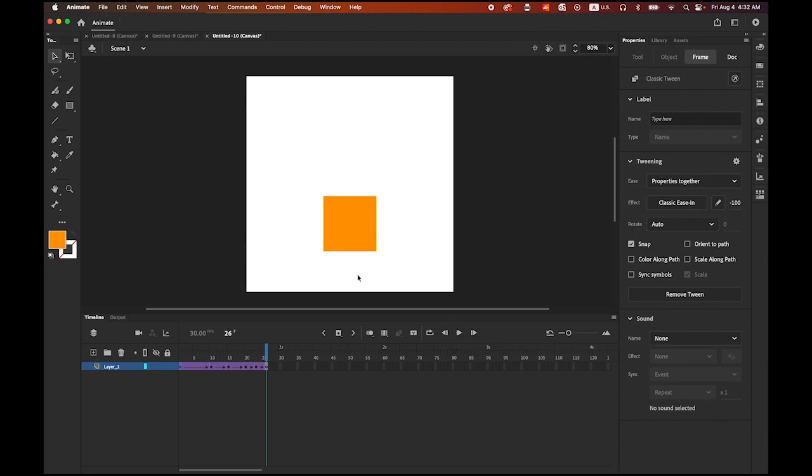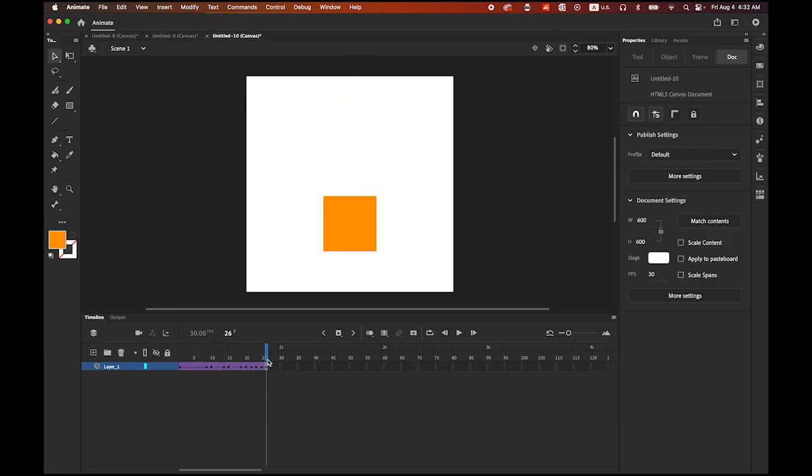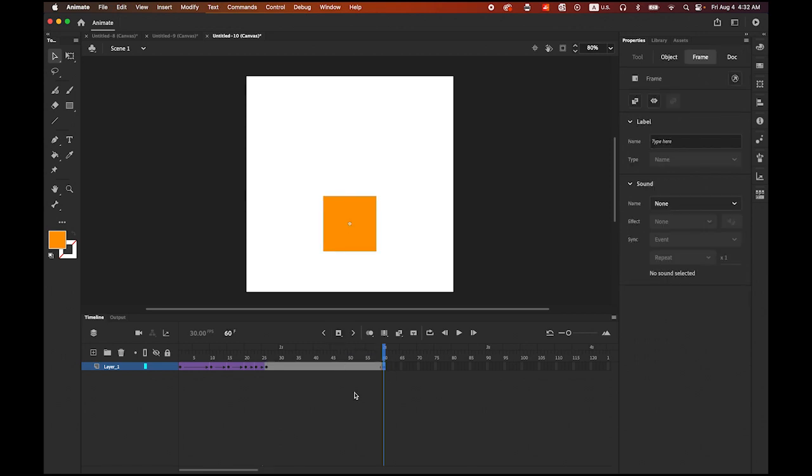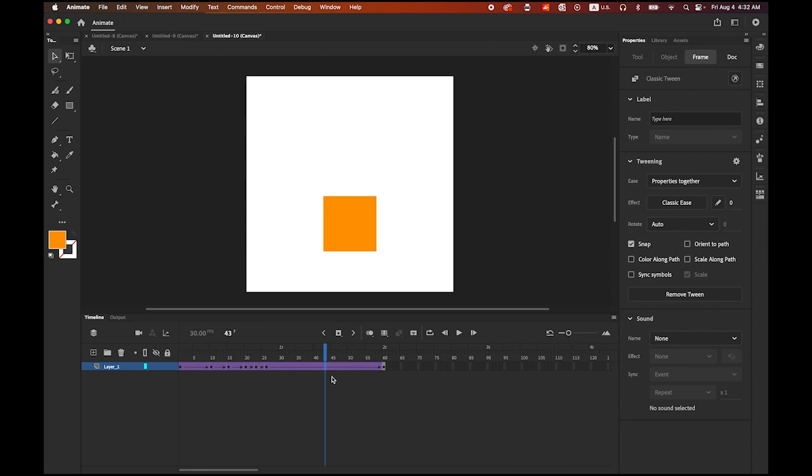So after that, I want to change these shapes to the logo we created. So first the thing is, this entire animation is a little less than 1 second. So let me highlight the 2-second mark, insert the keyframe, okay, and hold down the control key, click somewhere in between, or right click and create classic tween. Just leave it as it is. Then